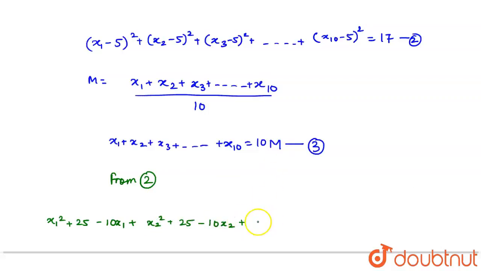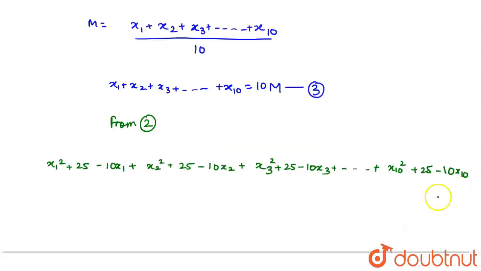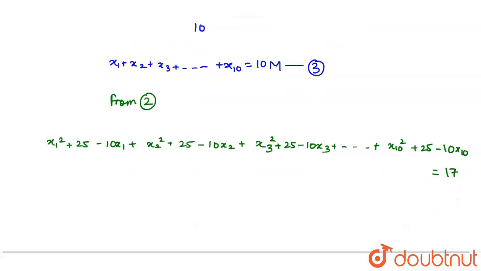Third, it would be x3 square plus 25 minus 10x3 so on up to x10 would be x10 square plus 25 minus 10x10 is equal to 17, correct? So if I take x1, x2, x3 on one side, so x1 square plus x2 square plus x3 square so on up to x10 square,